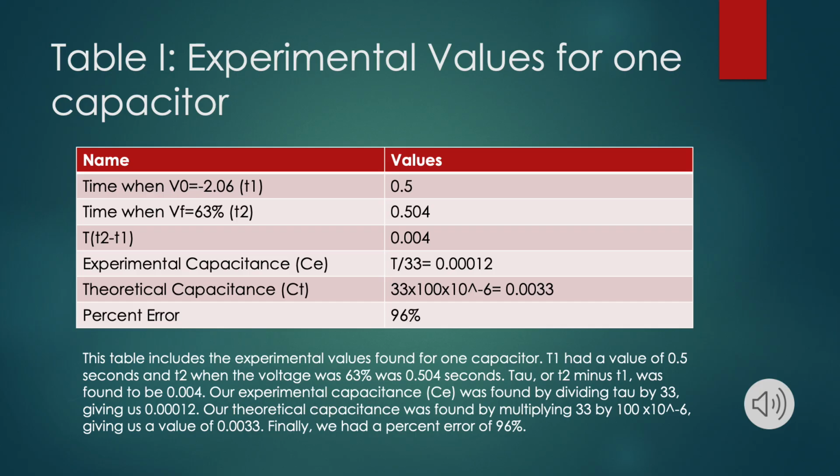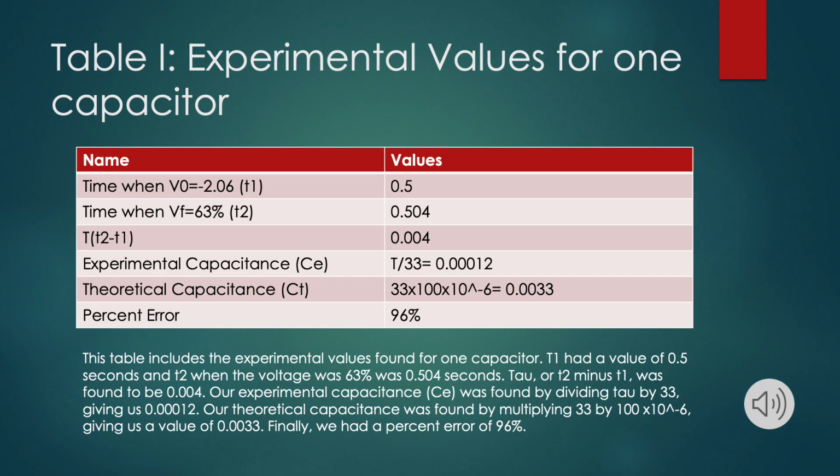Table 1, experimental values for one capacitor. This table includes the experimental values found for one capacitor. T1 had a value of 0.5 seconds, and T2, when the voltage was 63%, was 0.504 seconds. Tau, or T2 minus T1, was found to be 0.004. Our experimental capacitance, CE, was found by dividing tau by 33, giving us